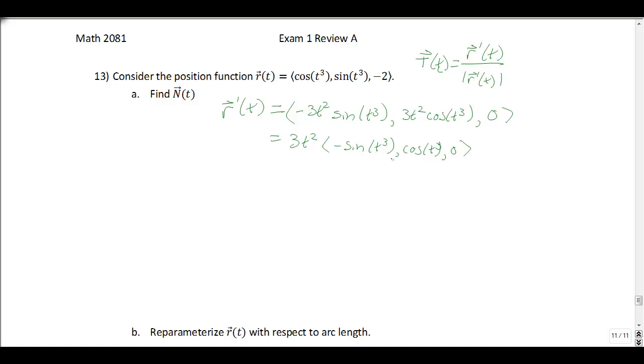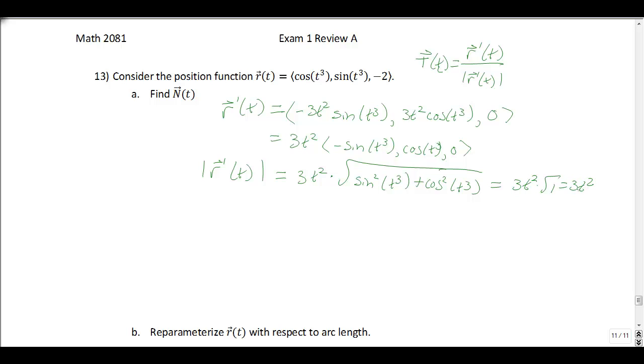The reason I want to do that is it's going to make finding the magnitude easier, because then the magnitude of r prime of t, because I have this scalar out in front, is just 3t squared times the magnitude of the rest of this, which is going to be sine squared t cubed plus cosine squared t cubed. But this is a sine squared t cubed plus cosine squared t cubed, so that's 1. So I get 3t squared times square root of 1. That magnitude is 3t squared, which means T of t